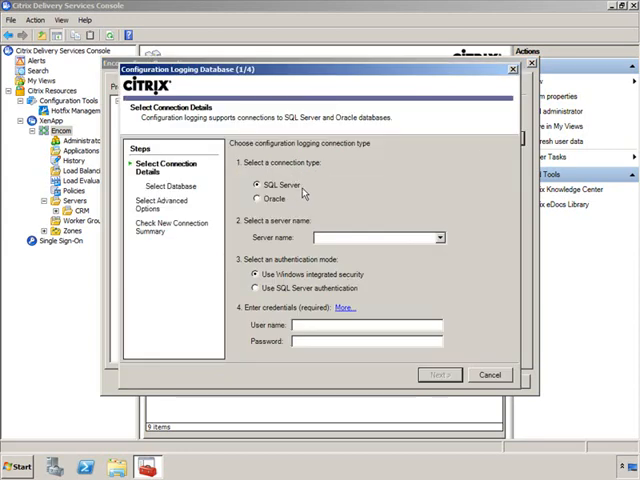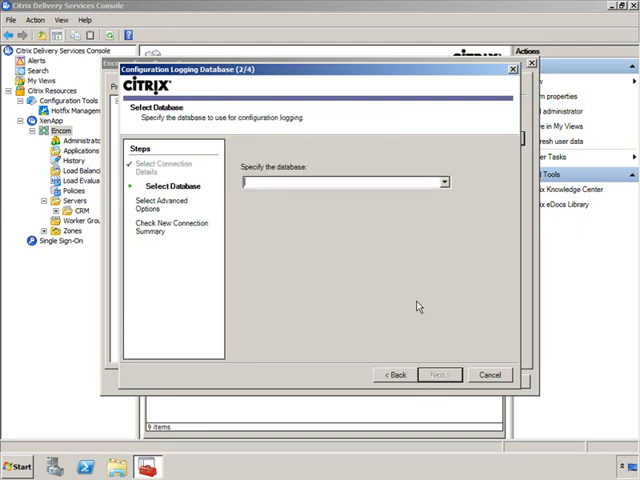Once you've configured the database, is it a SQL server or an Oracle server? Where is this server located? In my case, it's just the server that we're working on, so I'm going to select localhost. If you're using your Windows credentials, I'm going to type in the domain first and then the user that I want to connect with. Once you've done that, you can click on Next. At this point, you want to choose the database. I'm going to scroll, and I've created a database called Configuration Logging, so I'm going to select that and click